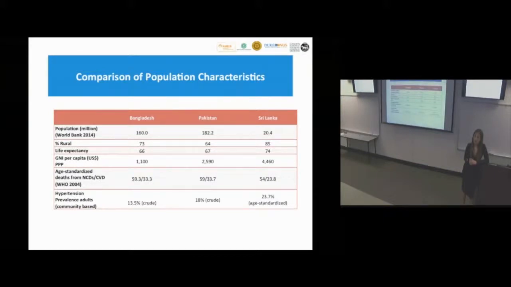That's very high. These numbers are pretty comparable to what's happening in the developed countries, and this is not what people had expected. People thinking 20 years back or even 10 years back would think about developing countries and expect malaria and infectious diseases. But as you're seeing, the pendulum has shifted. It's hypertension, and the estimates on the prevalence of hypertension.